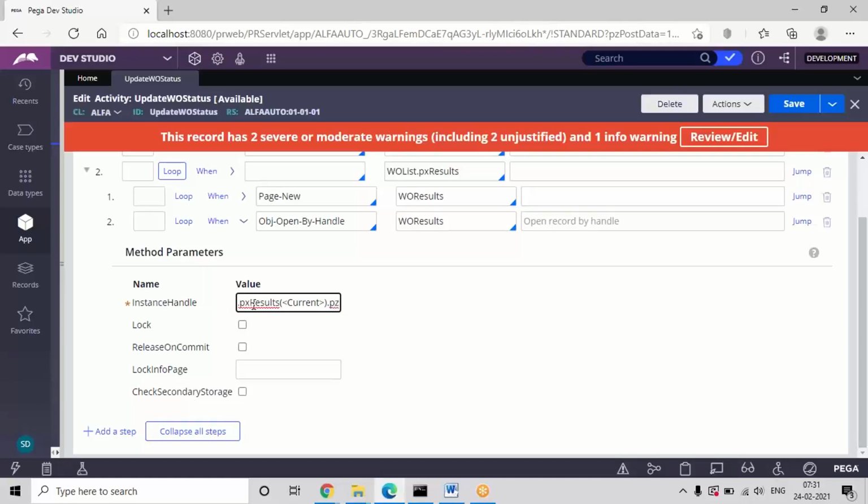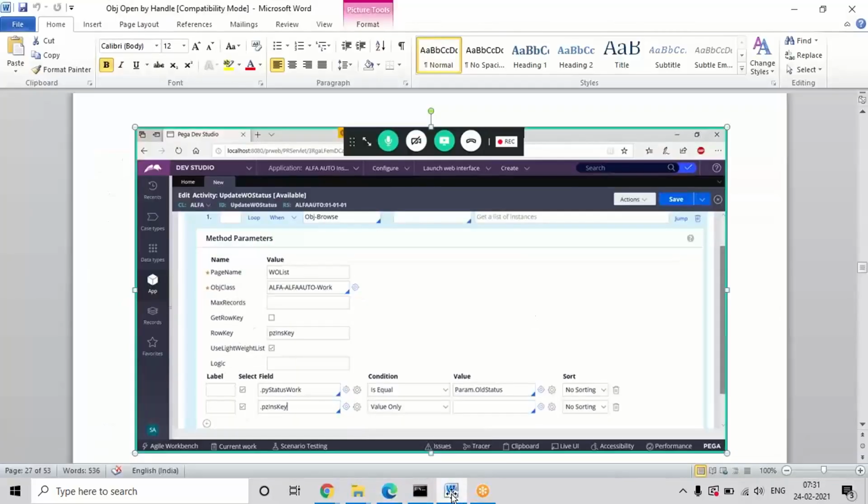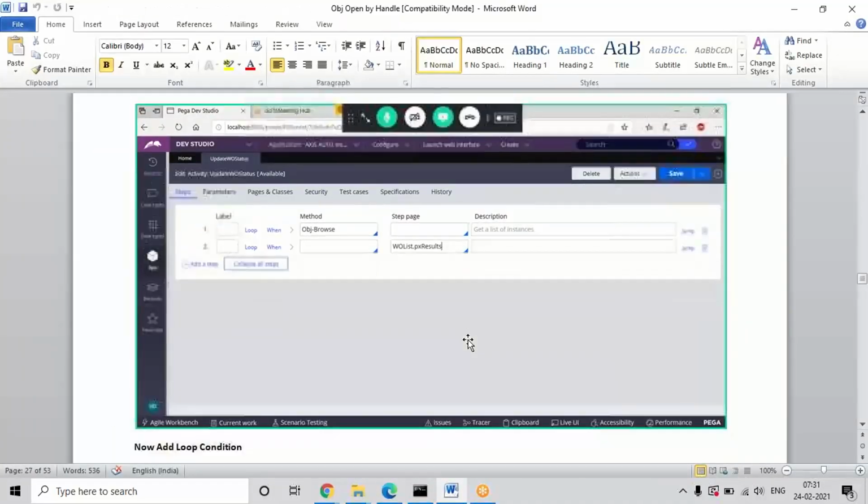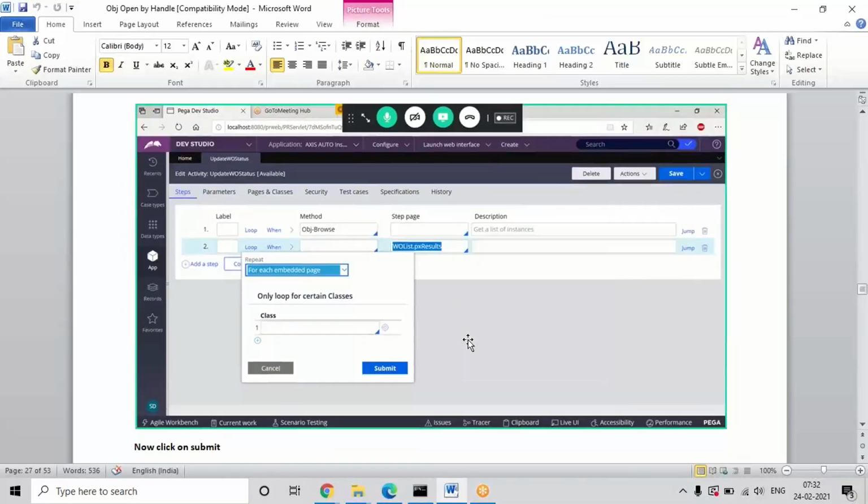I'll show this format in the document also. Dot pzInsKey. So whenever we define the instance handle, the format will be like this. I'll show the complete instance handle format in the document.